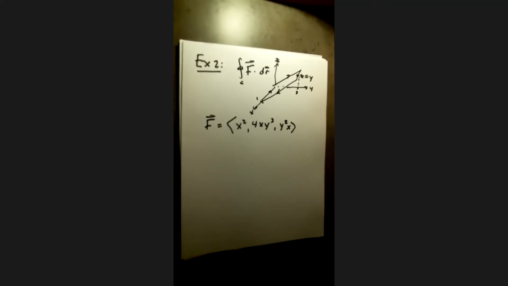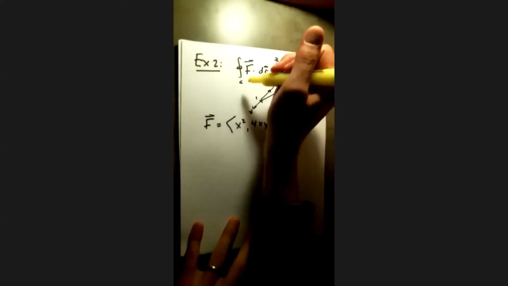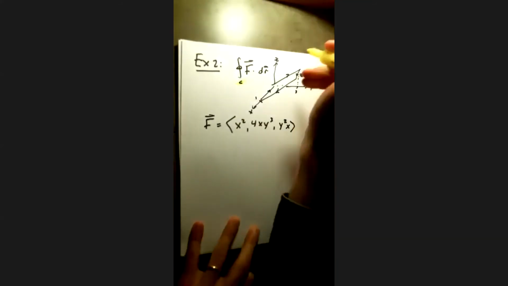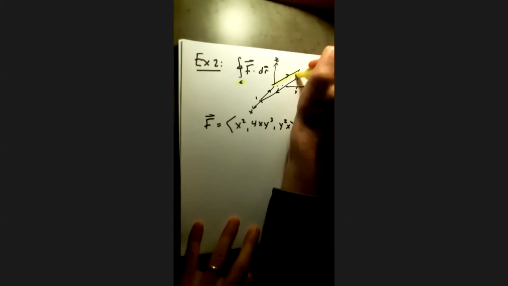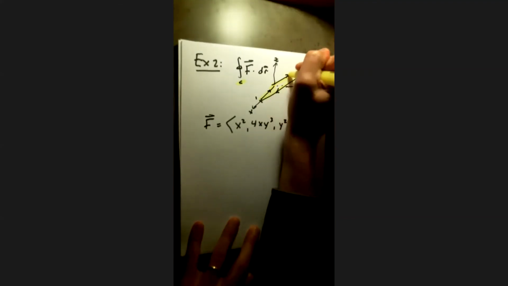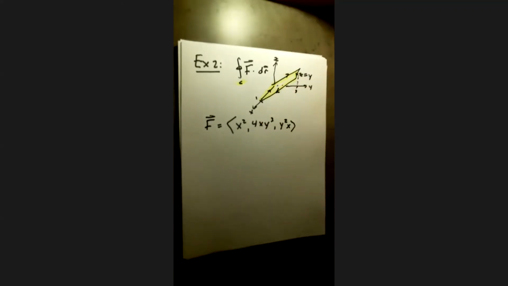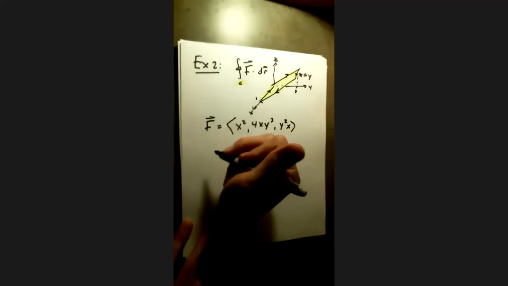So our curve C that's given is this one here, and notice the orientation like that. And so if we want to calculate this line integral,